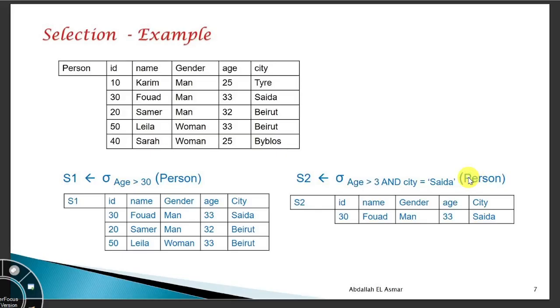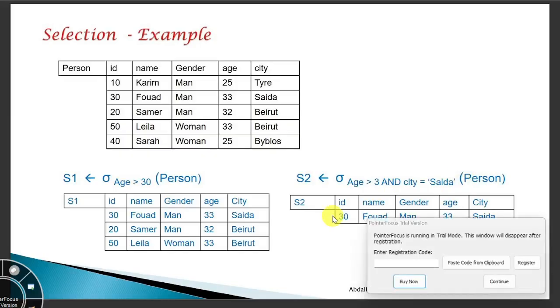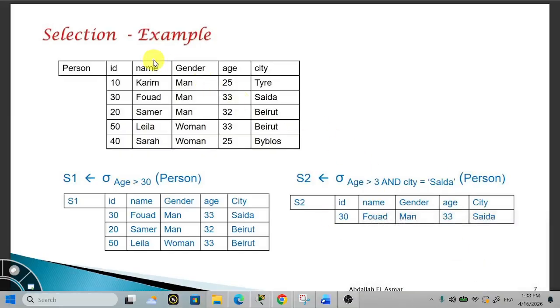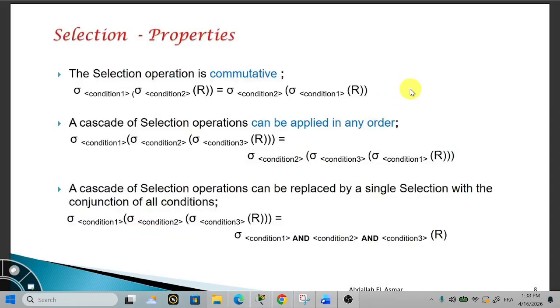Okay, now we want to talk about the projection. The projection changes the relation scheme. We may take one column or 2 or 3 or all of them. We will see. Before talking about the projection, we have to explain some operations or some properties about the selection